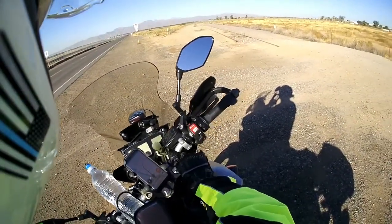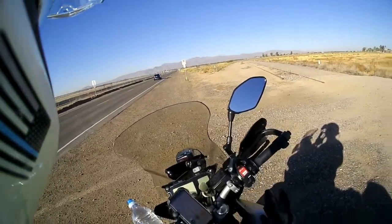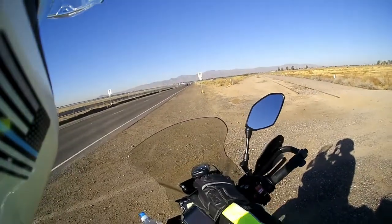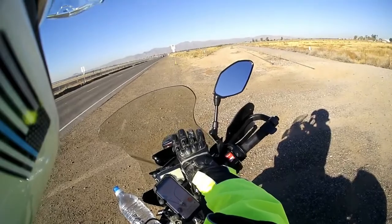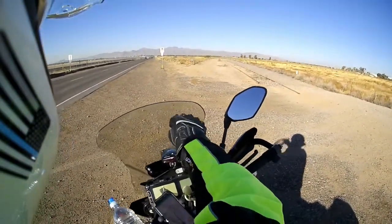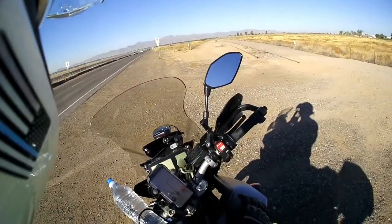Like I say, I did have it on the handlebars at one point, but I like it up a little bit higher because I don't have to look down as far, and it's more of a heads up, and it's farther forward. And I think that at this point here, I can actually hear it because it has a tiny little speaker on top, and it kind of reflects off the windshield a little, and so I can actually